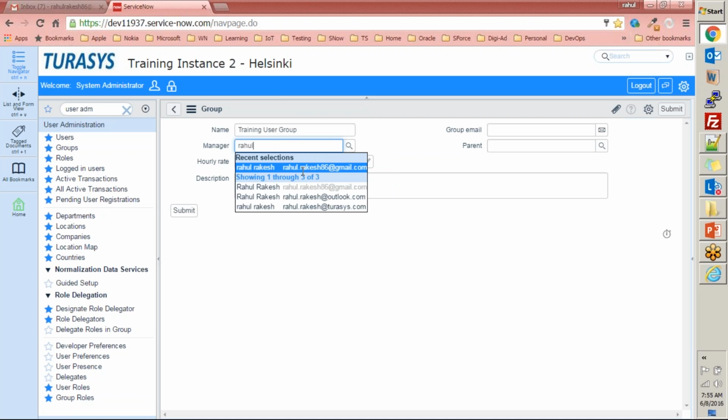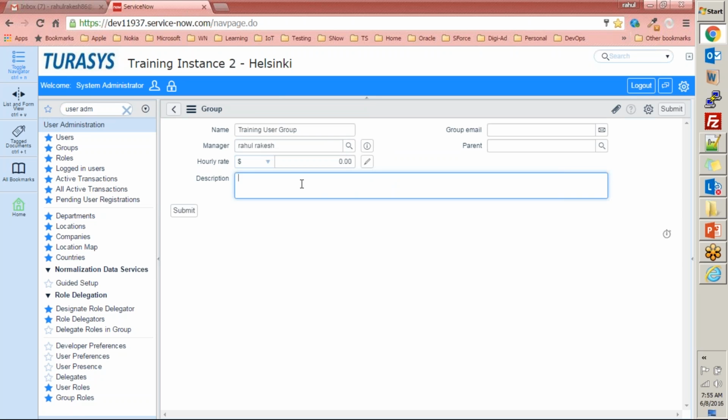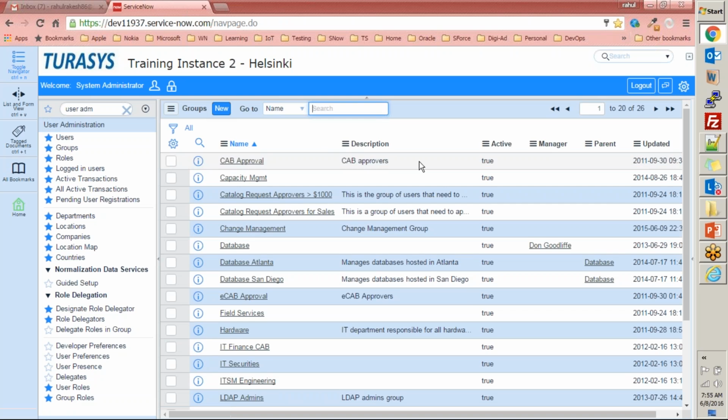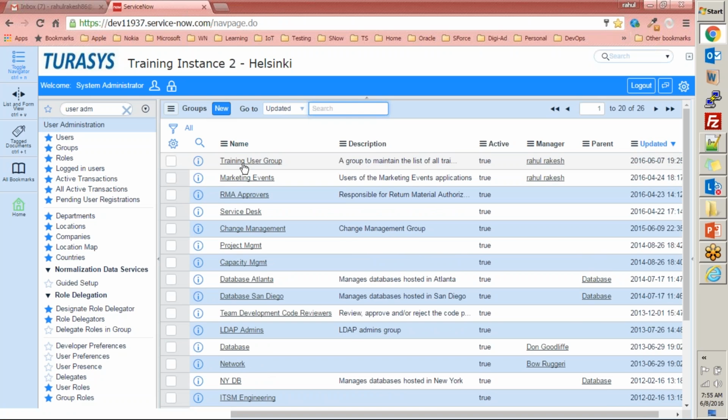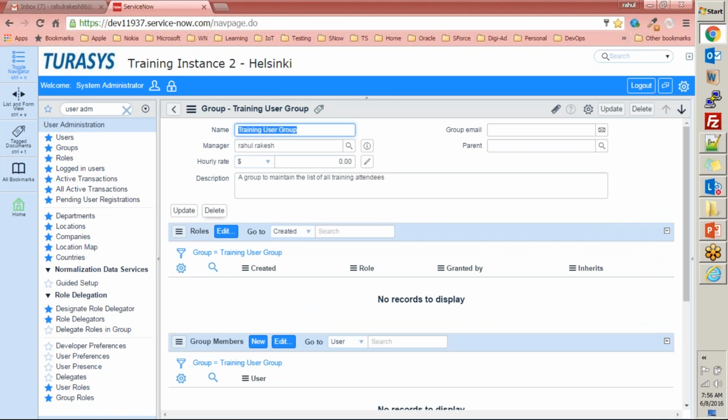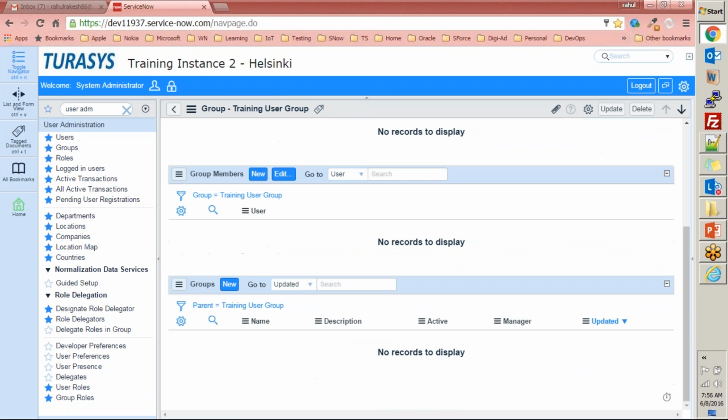I'll put my email ID here and a group to maintain the list of all training attendees, and I'll submit it, right? I'll go ahead and hit on training user group. It does not have a role association right now. It does not have group members.